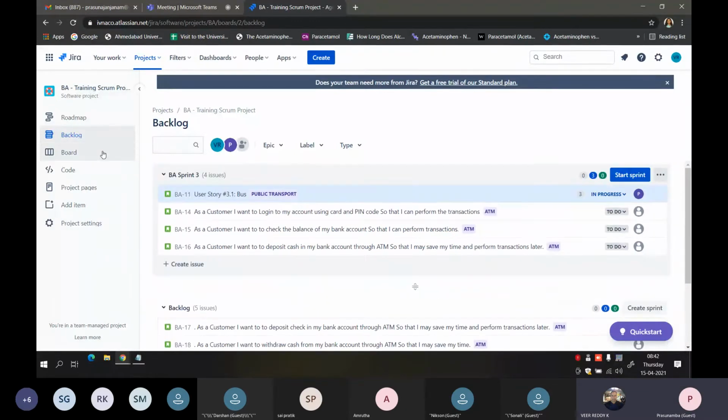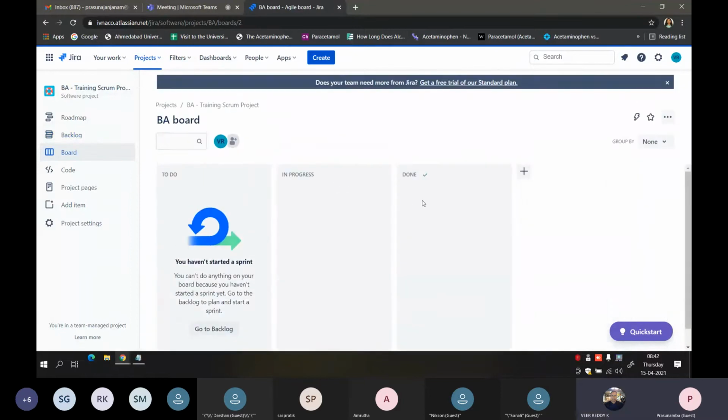And now again, if you go to the board, it would show empty because the sprint is completed. So basically the BA board, like the Kanban board, gives the idea of what is pending, what is completed, and exactly what tasks are present in this current sprint.